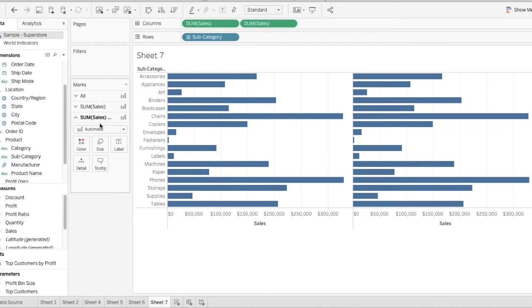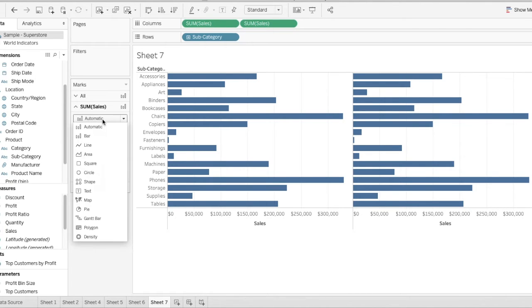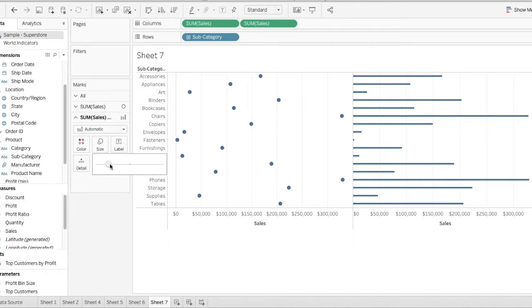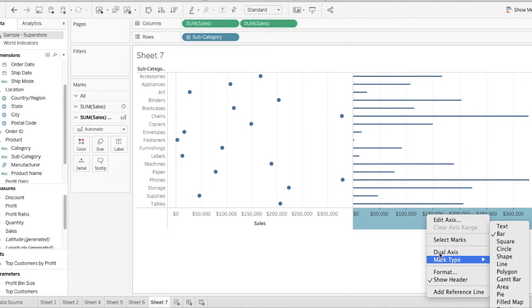You can see here the sums are there in the columns. In the marks card you can see that the sums have been added twice, right? So I will be changing one to circles and the other, which is a bar graph, I am changing to minimal size so that it will look like a line only. And now I want to change the dual axis,